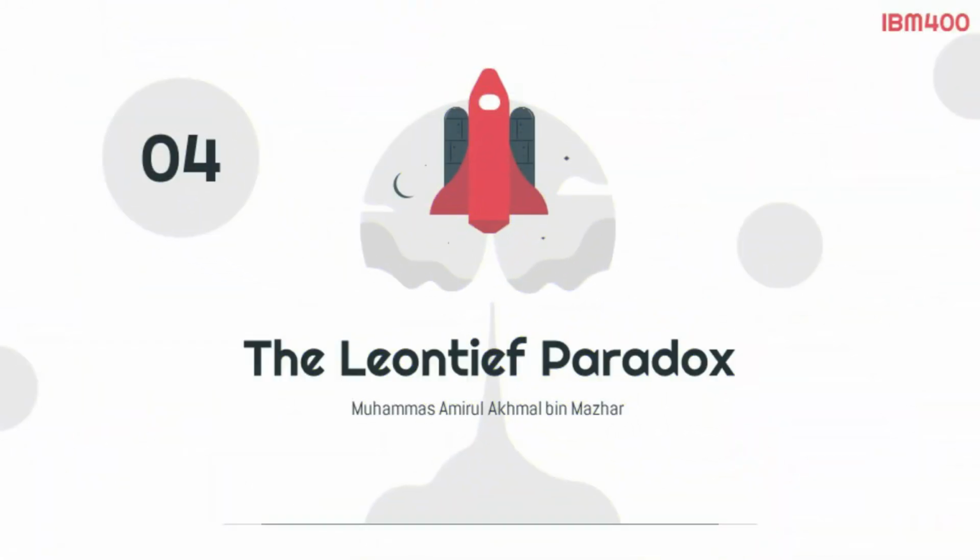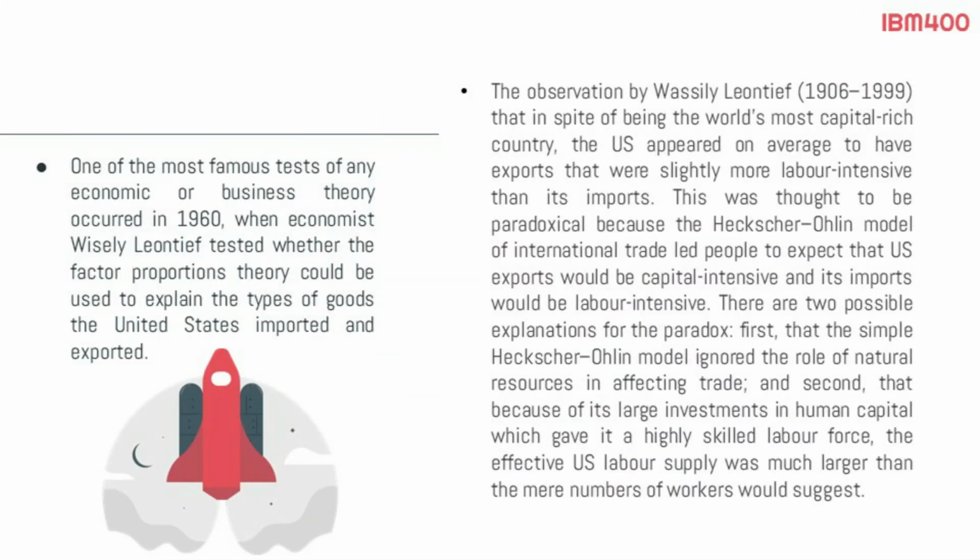Okay, next we go to the Leontief paradox. So what is the Leontief paradox? The Leontief paradox is one of the most famous tests of any economic or business theory. It occurred in 1960 when economist Wassily Leontief tested whether the factor proportion theory could be used to explain the types of goods the United States imports and exports. The observation by Wassily Leontief